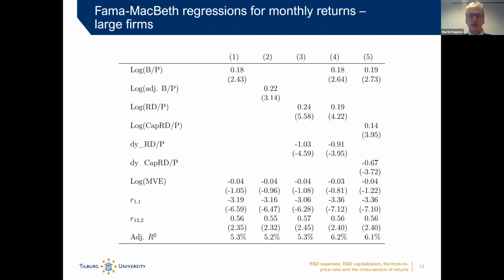What is now important, and this is one of the main results, is that once you plug in book to price and R&D to price as separate variables, the sum of these two coefficients, both statistically significant, is higher than that of the adjusted book to price ratio, which reflects that R&D active firms and R&D to price feature variation that is orthogonal to that of the book to price ratio. To exemplify this point,